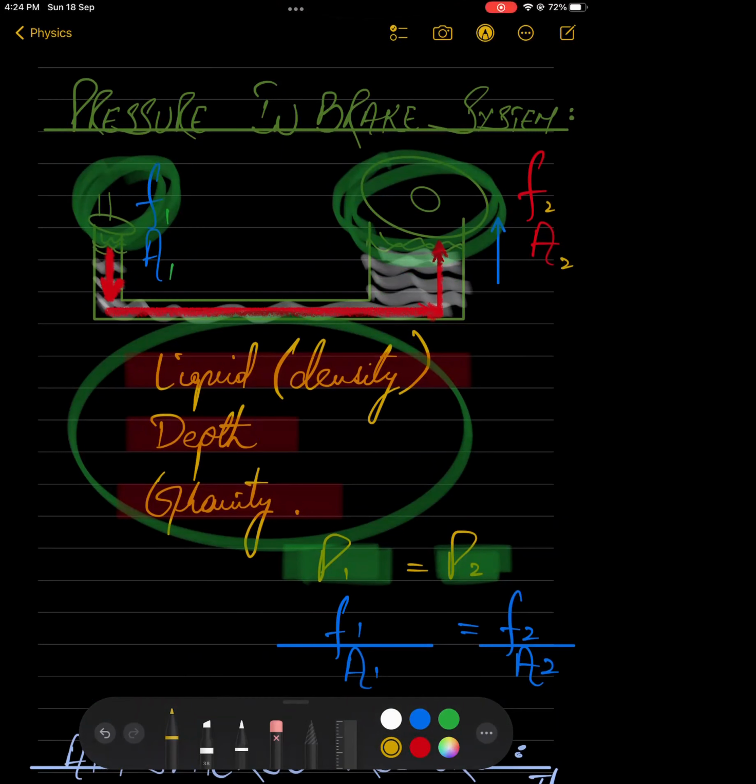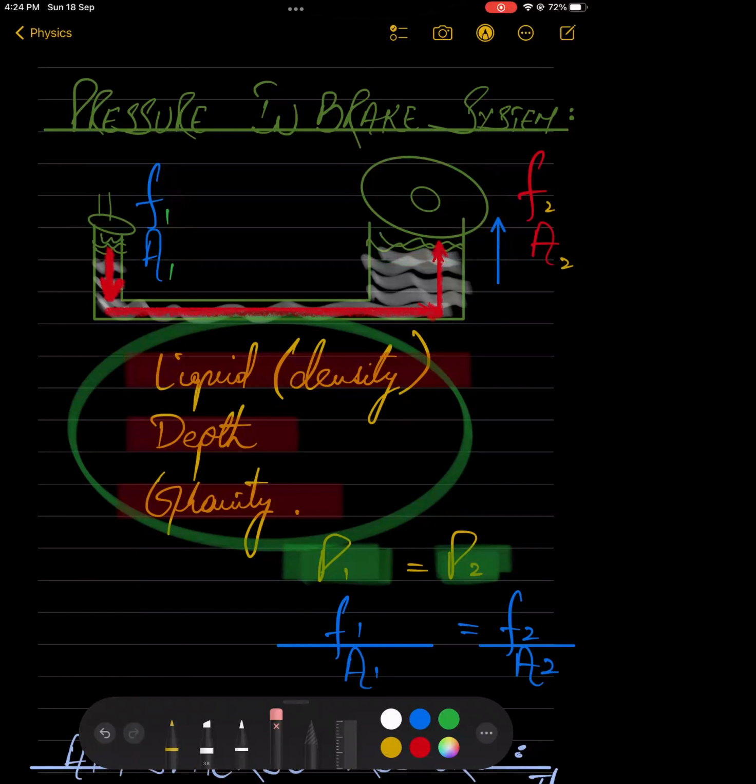Now, moving forward, we have pressure in braking system. तो ब्रेकिंग सिस्टम जो है वो लिक्विड प्रेशर के ऊपर वर्क कर रहा होता है, प्लस इसमें सॉलिड प्रेशर का कॉन्सेप्ट भी यूज होता है, तो इसको समझना भी जरूरी है। Now what happens over here is कि आपके पास यहाँ पर एक brake pedal है which is under your feet, and you have got the tires having the brake pad or the brake system attached to them।